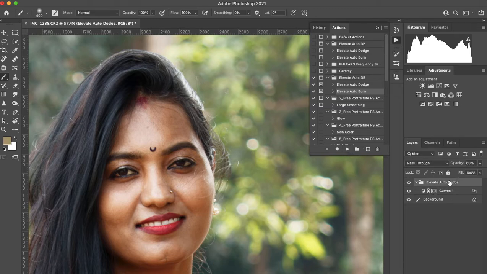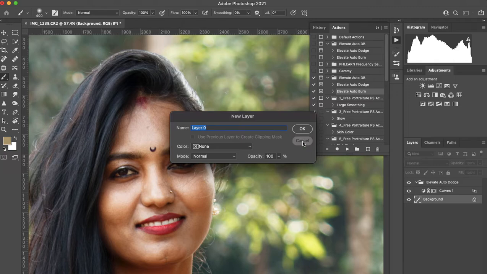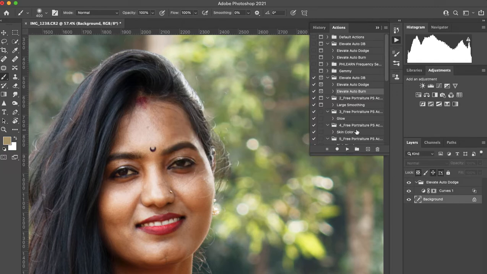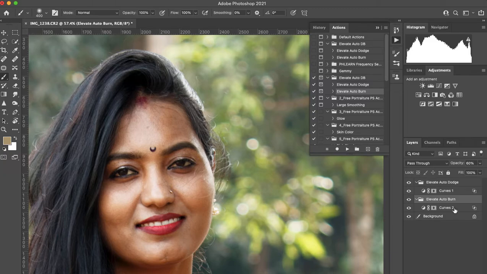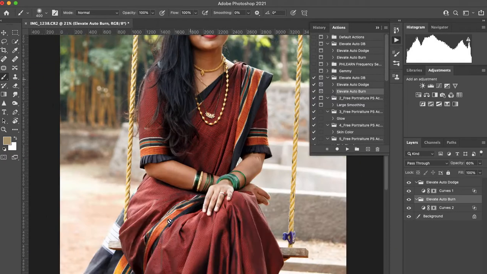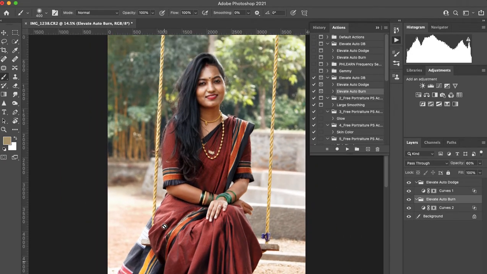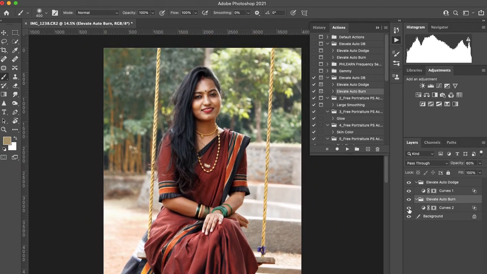Let's click above this to make sure it doesn't get truncated. Actually, let's click on our background layer so it doesn't go above that. All right, so then let's click on Elevate Auto Burn, click play. Same thing here. It's going to expand and contract the shadow range. Click OK. Do you see how it's created a separate layer for all of the shadows? So if we click on this,